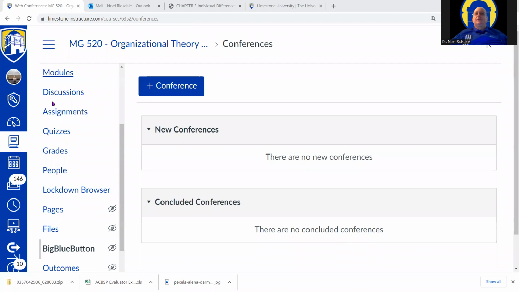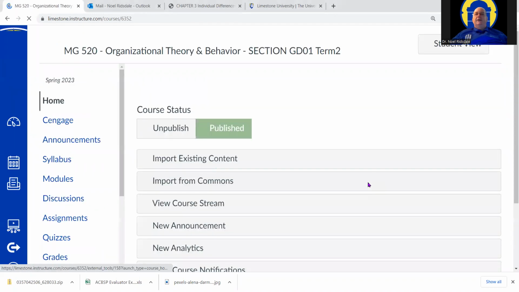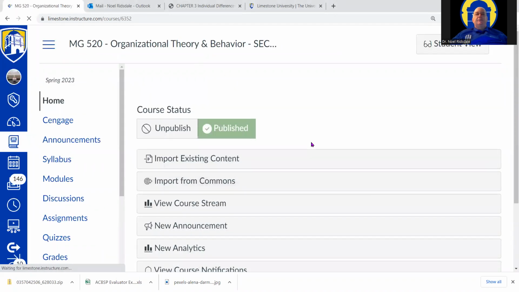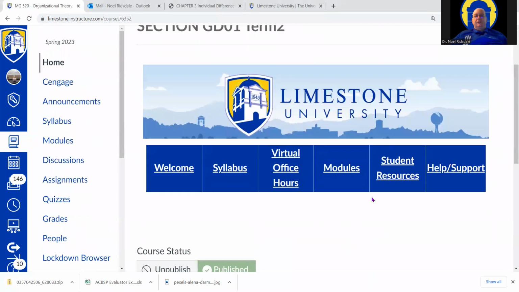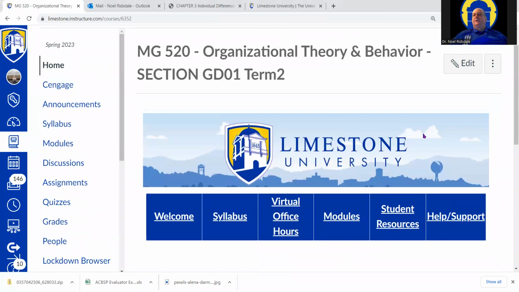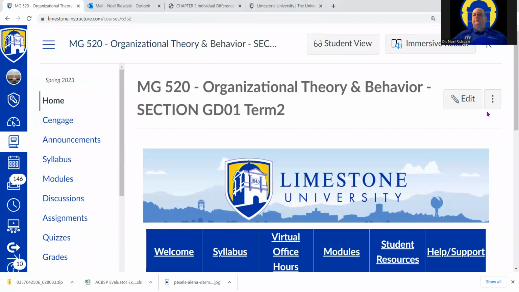As you come into the home of the course, this is what I'll see. Actually, let me switch that over so I can show you your view.